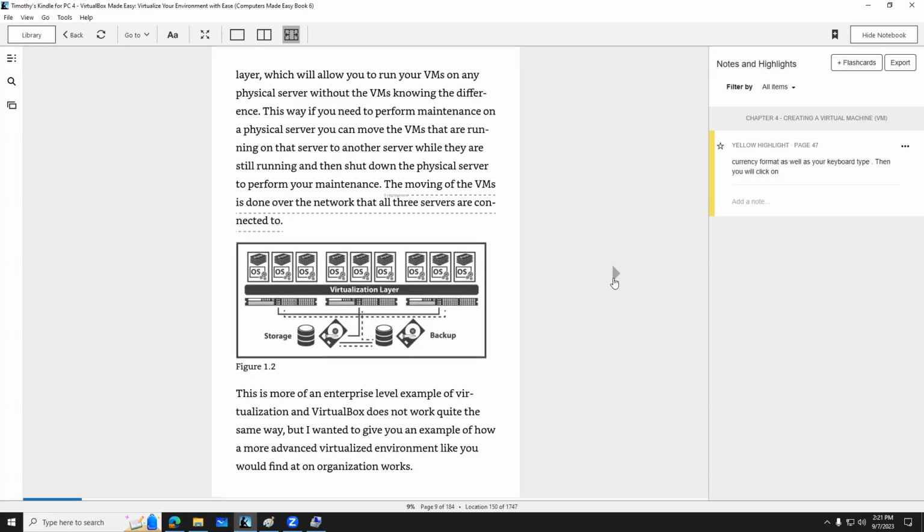Now, the coolest part is you can take this to an extreme. So in a data center where you have these huge servers, you can basically put that virtual layer, the hypervisor, right? The virtualization layer can sit across and between systems. So what you see here in this image,